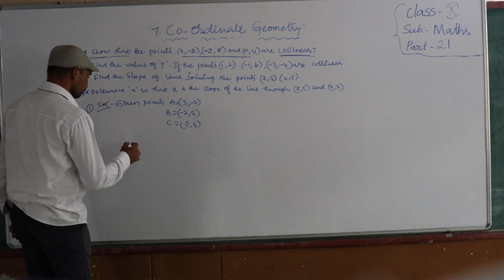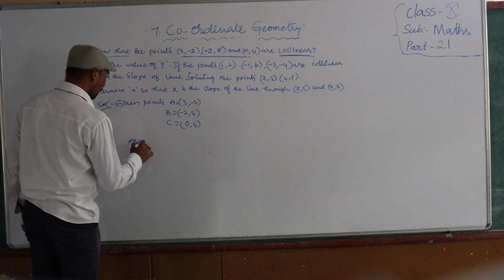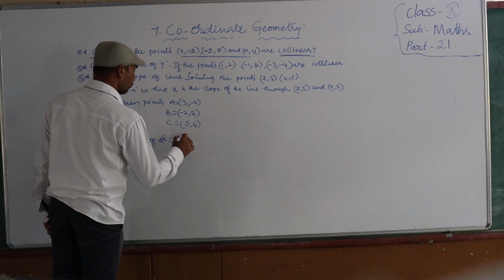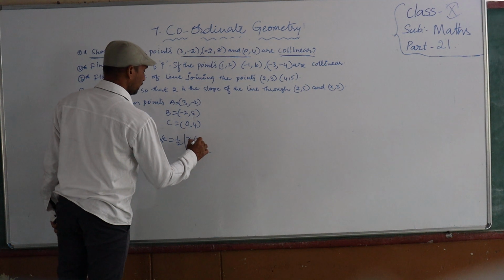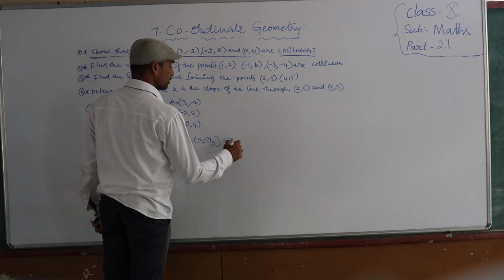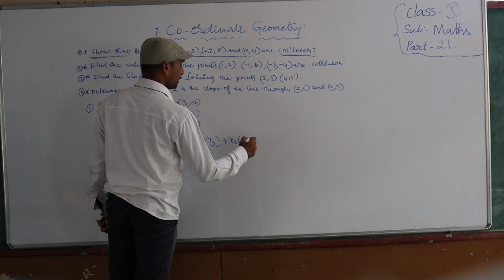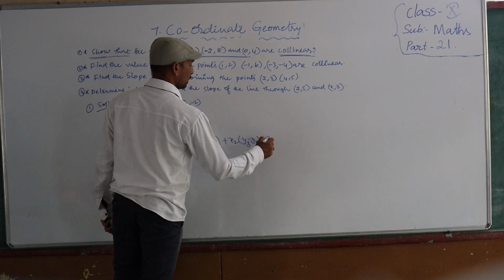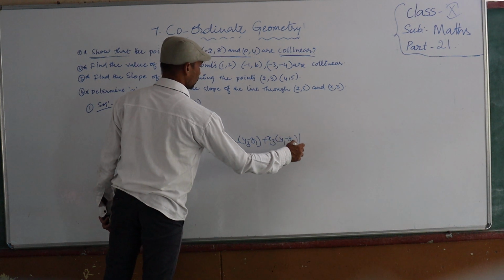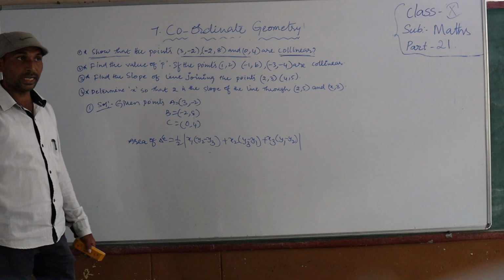Right, so area of triangle is half of mod x1 into (y2 - y3) plus x2 into (y3 - y1) plus x3 into (y1 - y2). So here